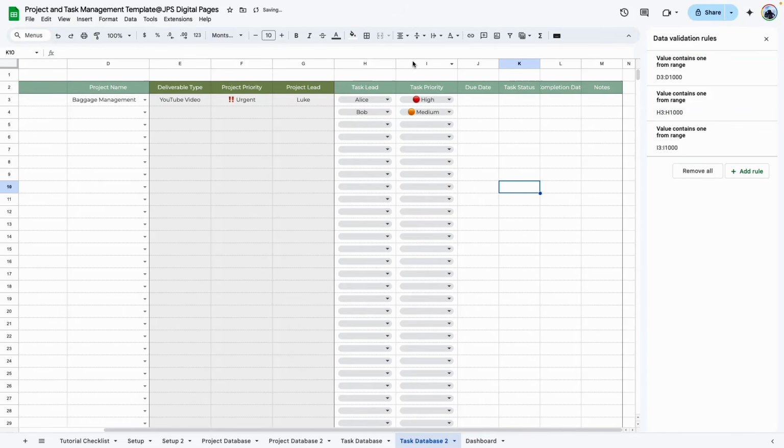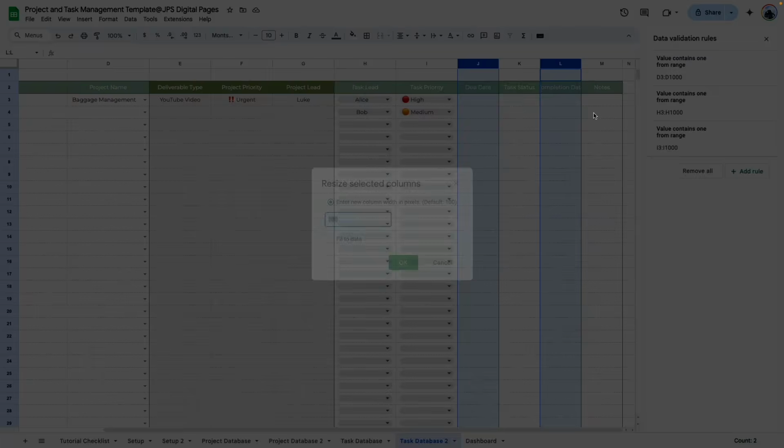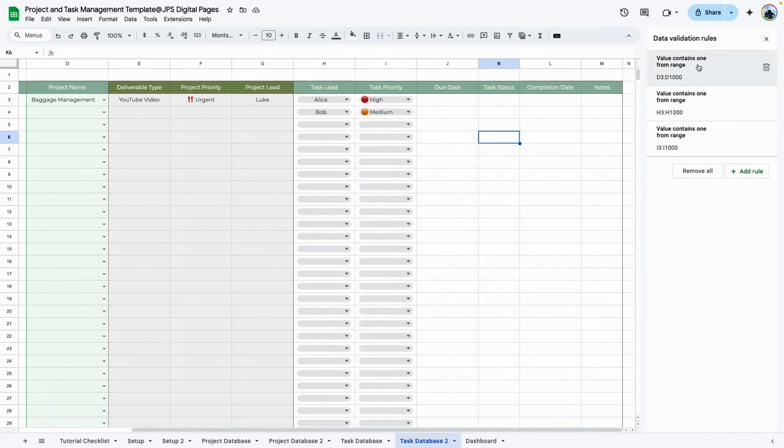And I'm going to do the same thing just for the aesthetics. Change this to left justified. I'll change this back to center, just the header, because it looks better with the emojis or the icons left justified. So we have a due date. And what I'm going to do is select this column and this one because these are two date columns. So J and L, I'll do them together. So first I will resize them, make them 150. And next, what I want to do is assign a data validation rule such that when I double click here,